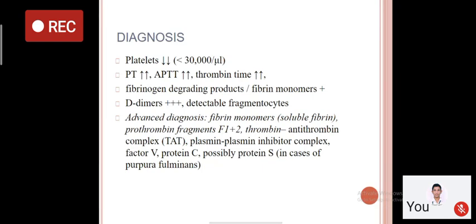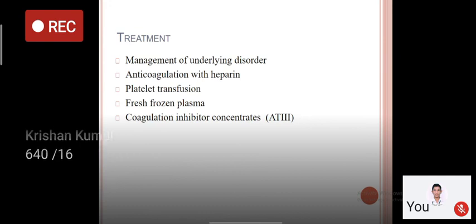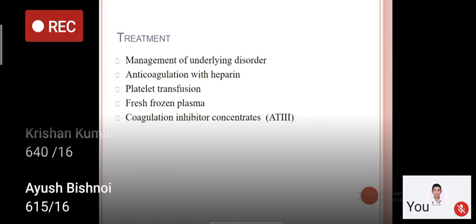Prothrombin time is prolonged. We get markers of DIC as we have previously discussed that fibrin degradation products or fibrin monomers are there in the circulation along with the presence of D dimers. Advanced diagnosis can be done by using certain specific investigations like estimation of fibrin monomer forms, then fibrin prothrombin fragments can be estimated, thrombin antithrombin complex concentrates, and the levels of protein C, protein S can also be ordered, and because these are deficient in patients who are having severe septicemias,